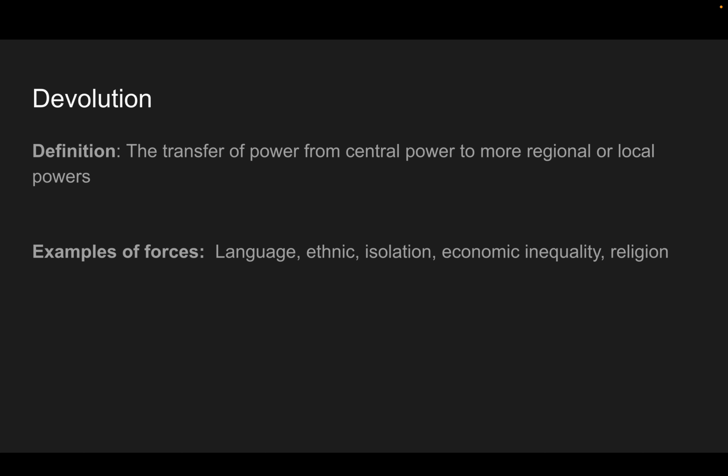So because of religious differences, in the case of Israel-Palestine, Israel had, until recently, devolved some power to the West Bank and Gaza, some self-government to the Palestinians, various Palestinian groups. That has been taken away. So just because power has been devolved does not mean it stays devolved. But to devolve power just means to give more regional or local power in order to maintain peace or cohesion, something like that.